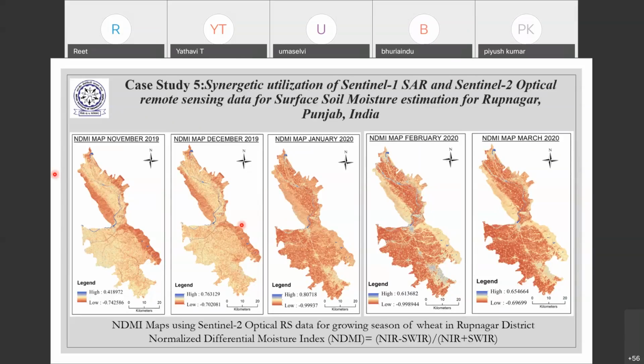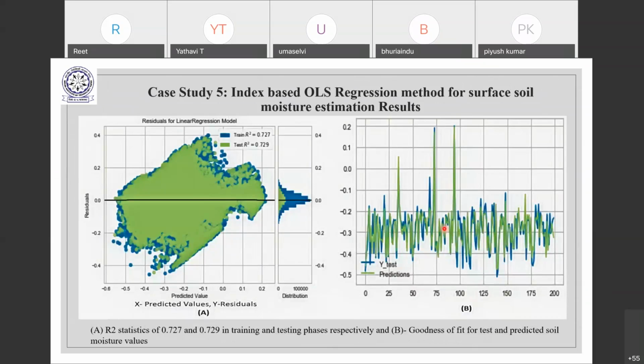So this plot shows the correlation between the surface soil moisture from the field and SAR backscatter in dB for VH polarization and VV polarization. So here you can see that the correlation R square is around 0.94, and in case of VV it is 0.93. So with the VH polarization there is a slight increase in accuracy in comparison to VV polarization. So this is the goodness of fit and the statistics of